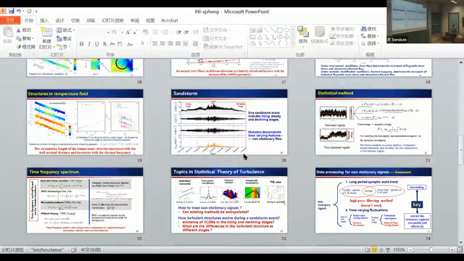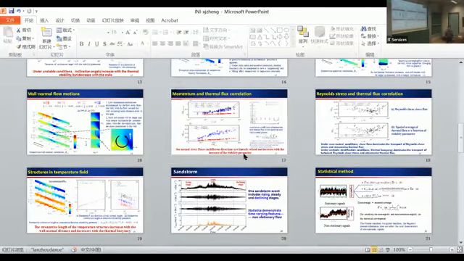Anything from the room? Yes, Javier has a question. Is the mass loading of the sand or the dust, is this large enough so that the potential energy from